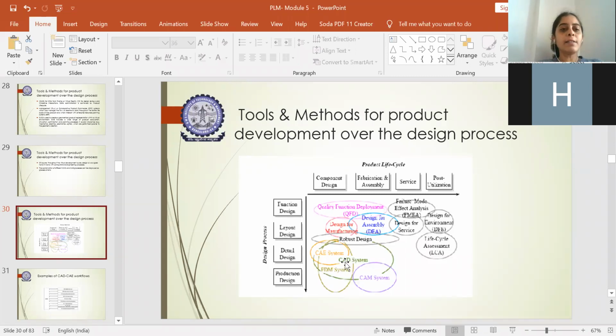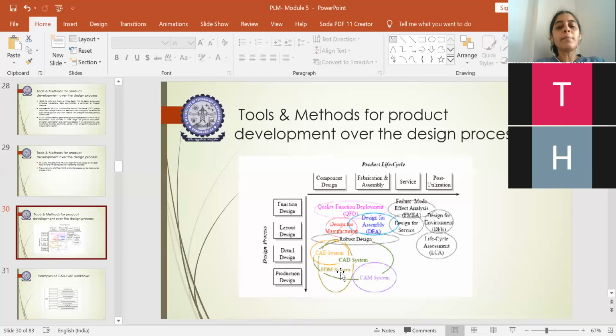After that, the analysis tools also will come, which are related to our CAE, where you have FEM, CFD, Nastran, all those things. And along with this, product data management also plays a vital role in what we actually do related to our product lifecycle management. I told you that product lifecycle management and PDM are both interrelated, right? So product data management helps in storing the required data in the database so that you can get the extraction of any material when needed, when it has been stored in PDM already.